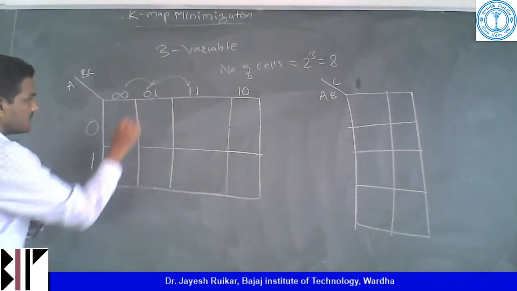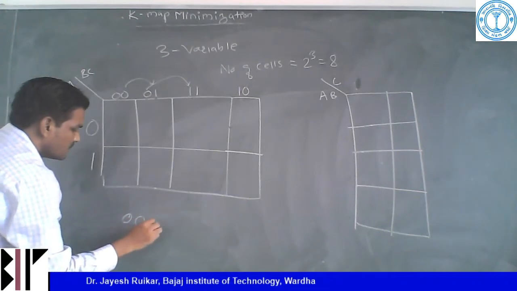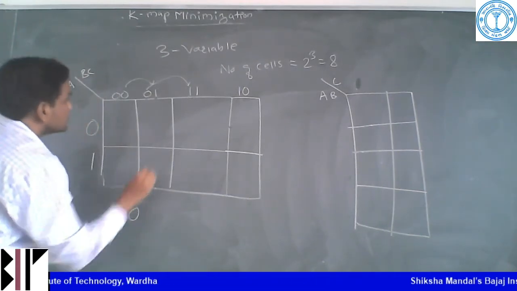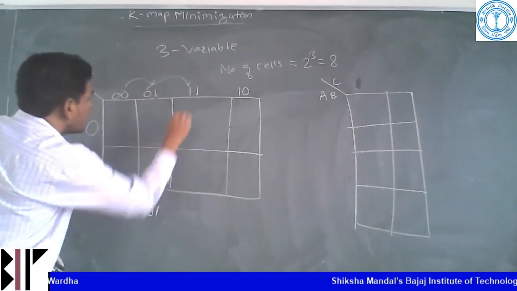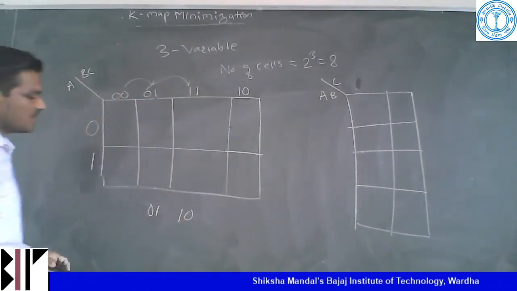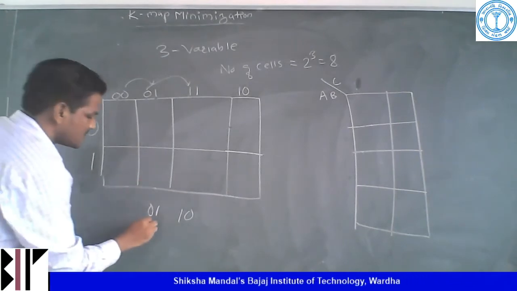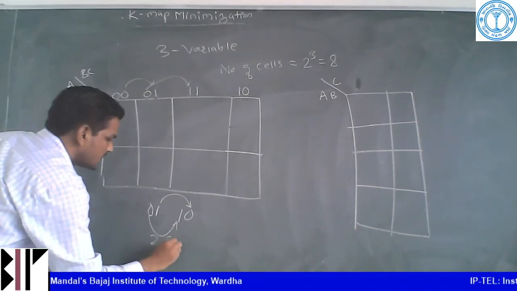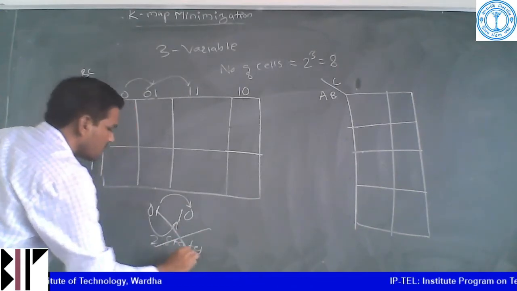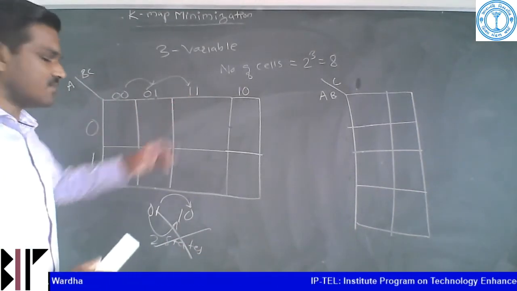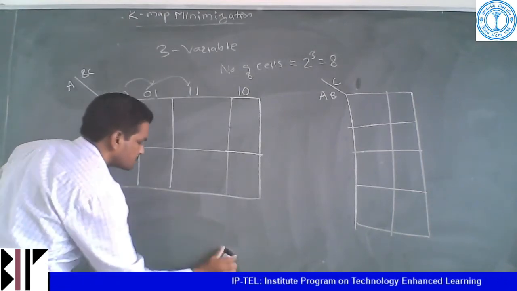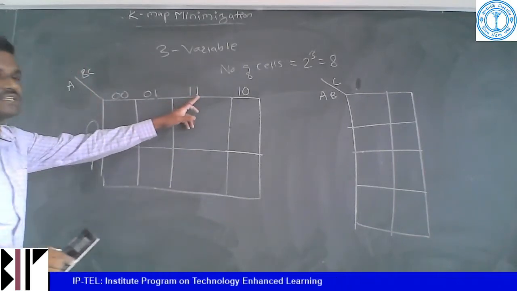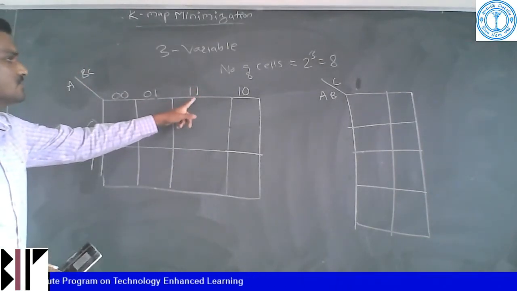If by mistake somebody has written that this is my 0, 1, 0, 1 and then this I have to write 1, 0, what happens? Here two state changes are there. So 0 changes to 1 and 1 changes to 0. So two states are changing. So this is wrong. Okay. So that's why 1, 1 has been written here. Okay. Understood this? Why has 1, 1 come in this term instead of 1, 0? So you have to understand this.